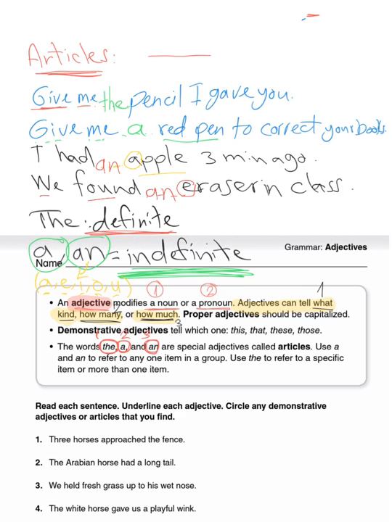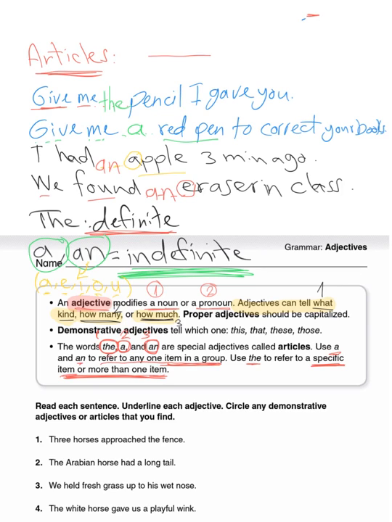Then now we have the words. Here we are. The words a, an, and the are special adjectives, and they are called articles. Use a and an to refer to any one item in a group, which means an indefinite noun. Use the to refer to a specific item, which means a definite noun or more than one item. So the can be used with singular and plural, but for a and an, we use them with singular